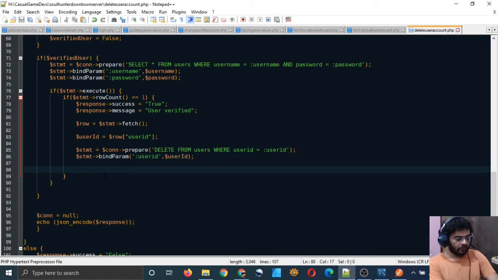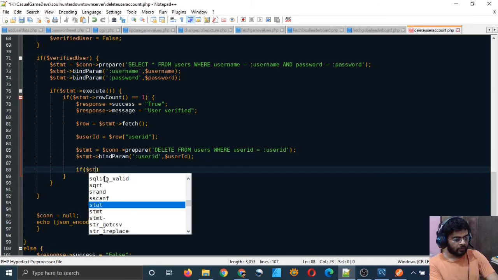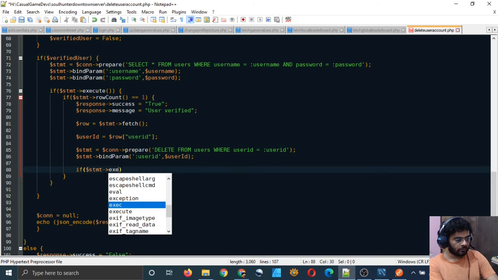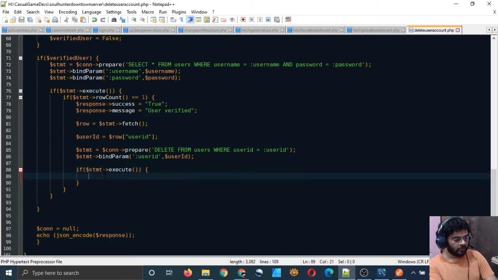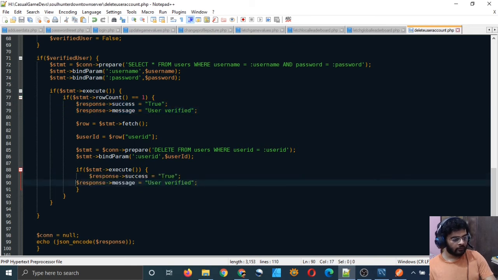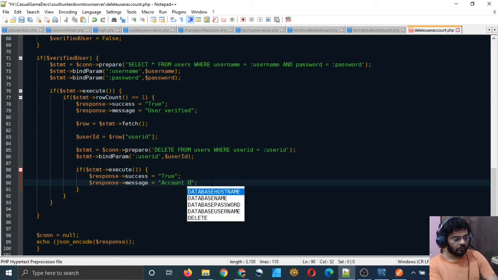Let me now run this statement. $stmt arrow execute. If it gets executed, then the row will be deleted simply. Then we will type success, yeah, account deleted in our JSON response. Success true, and in the message we can just type account deleted.